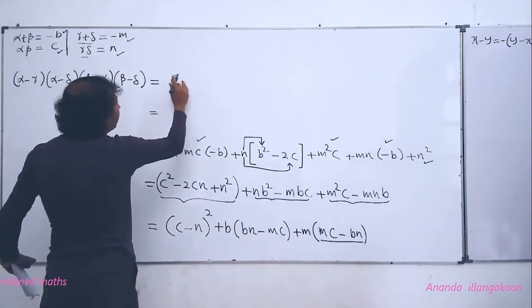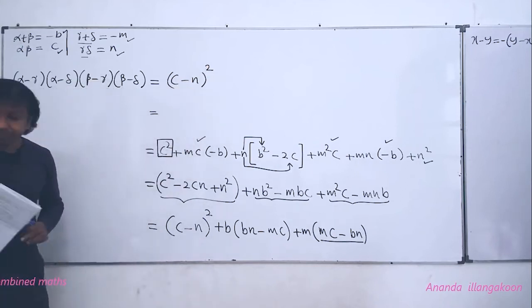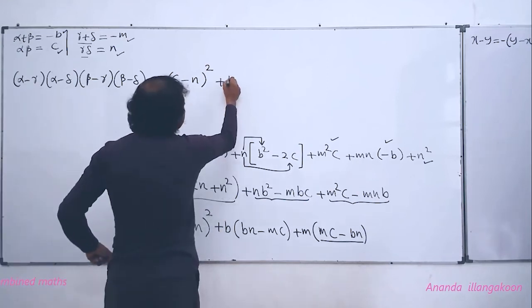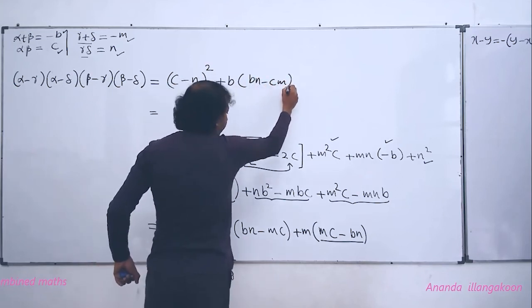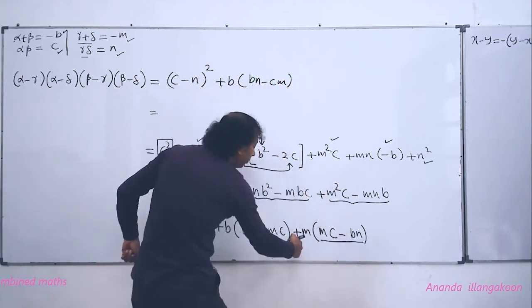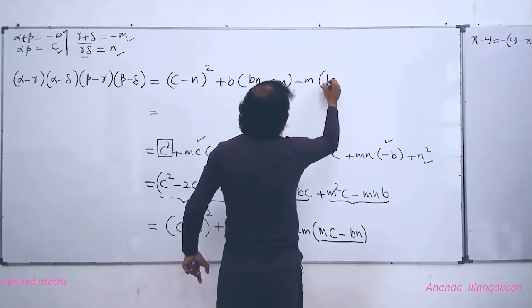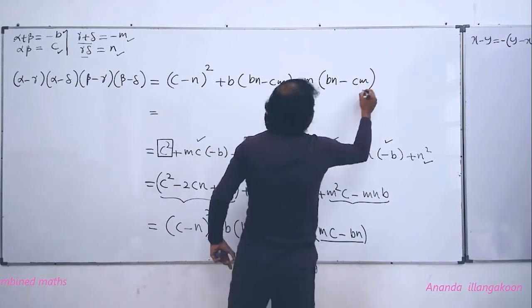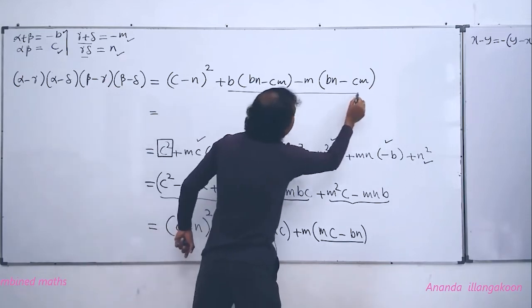C minus N perfect squared plus B times Bn minus Cm. We interchange this order, then the minus sign comes out. M, people, it is now Bn minus Cm. This we get. Now, when you consider this whole term, people, in those two terms,